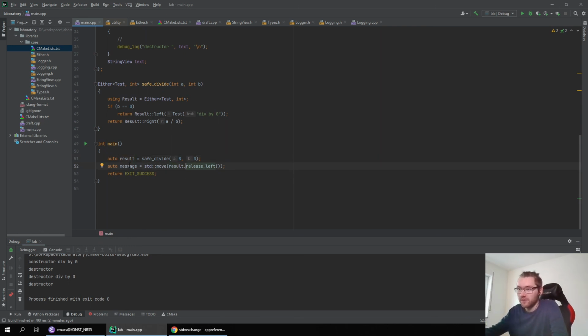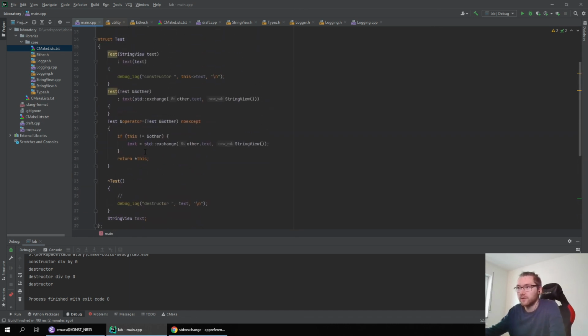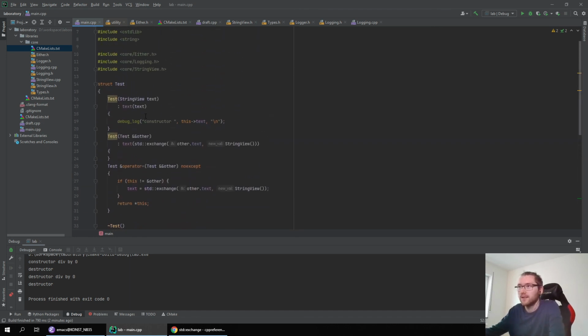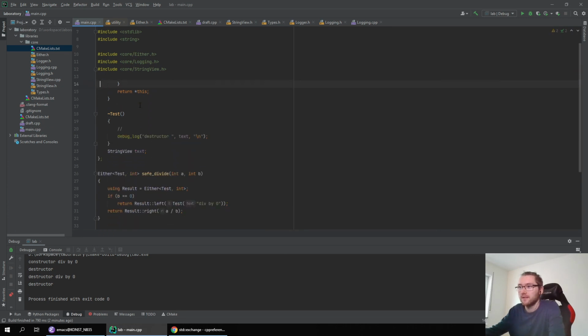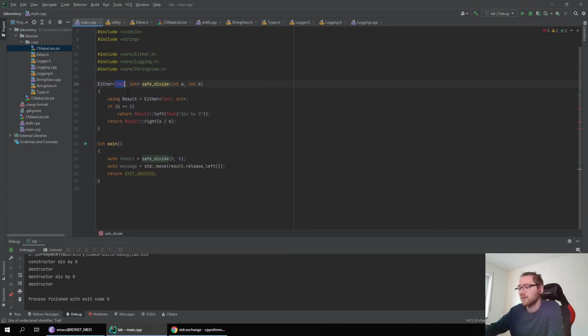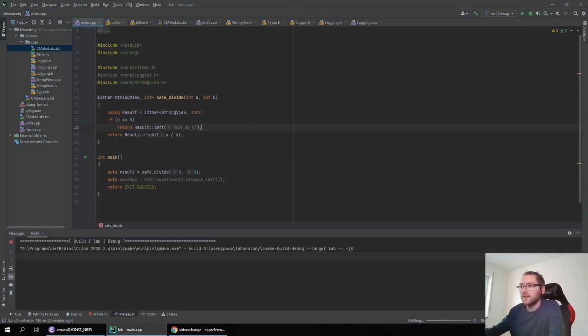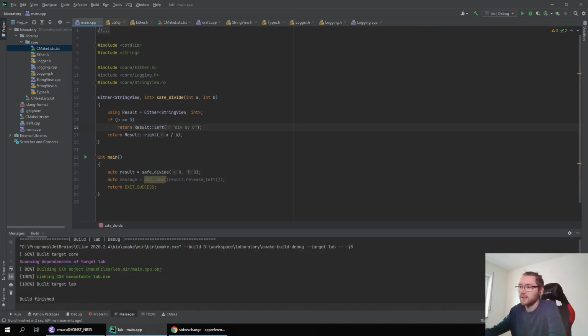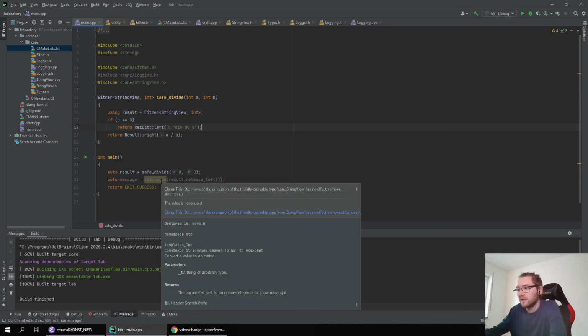So, and now, of course, let's remove the stupid debug prints. Yeah, let's remove the whole class test, and let's replace it by a string view again. Do the copy and paste. I don't need to specify the constructor name in this case. And of course, in this case, since it's trivially copyable, I don't need to std move it.